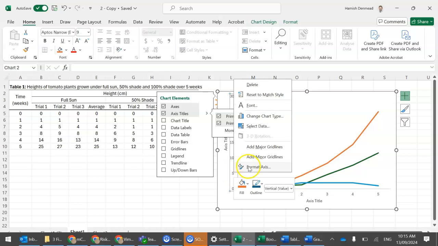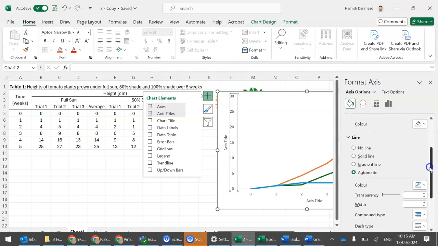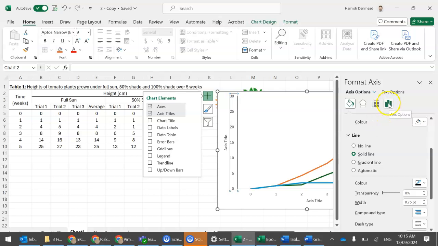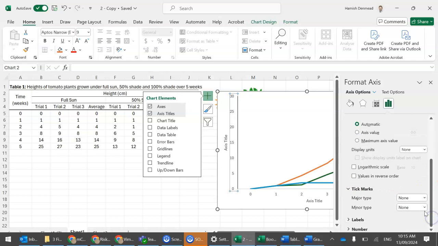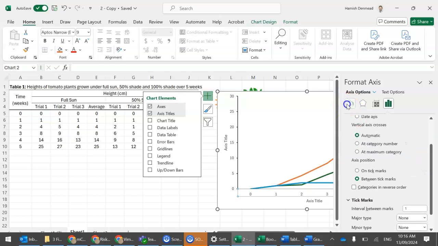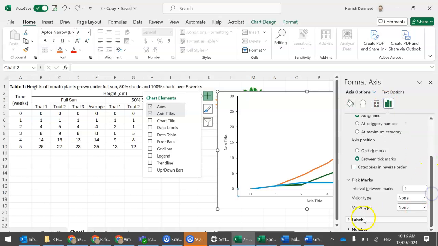Let's right click the format axis. We'll go to the paint bucket and make sure the line is colored black. Then we'll go back to the axis options and make sure our tick marks are visible on the outside. Again, we're counting in 5, so there's no need for minor tick marks here. Now we'll right click the horizontal axis and change our line to black and add our tick marks